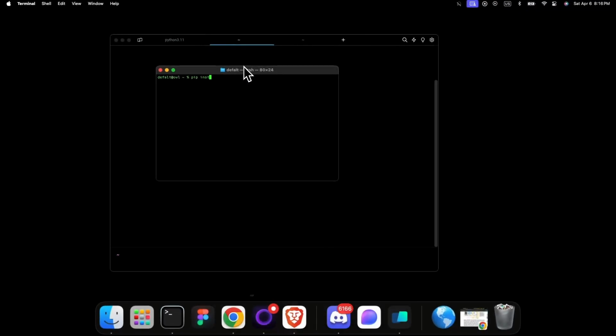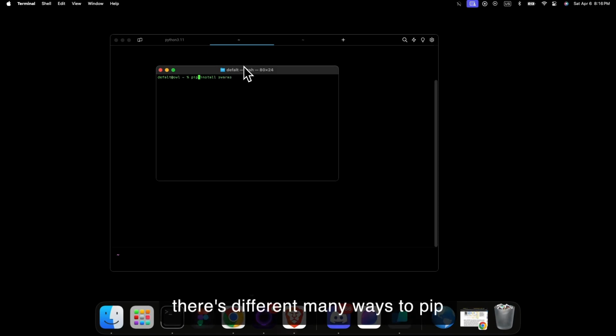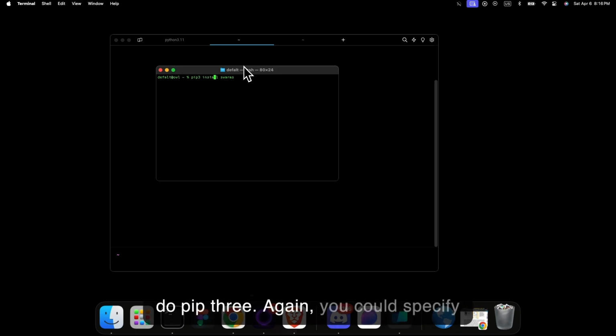Just pip install swarms. Now there's many ways to pip install a package. You just do pip, you do pip3. Again, you could specify the -U to upgrade Swarms. You can also